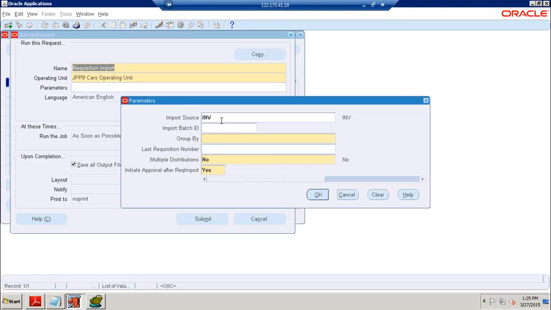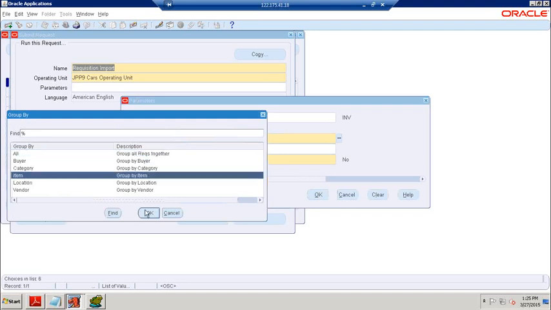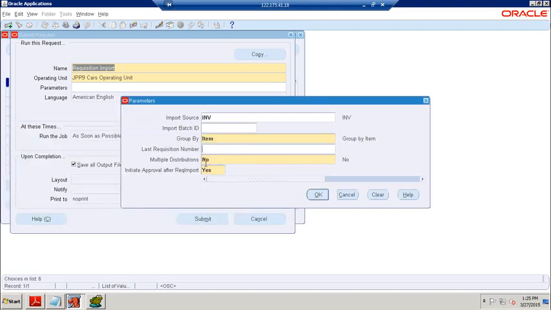Right now the data is available in the interface table. Okay. And group by item. Group by item and multiple distributions. We don't have multiple distributions, so we put no. Initiate approval after requisition import. Do you remember, whenever we create a requisition, after that we are going to approve the requisition.